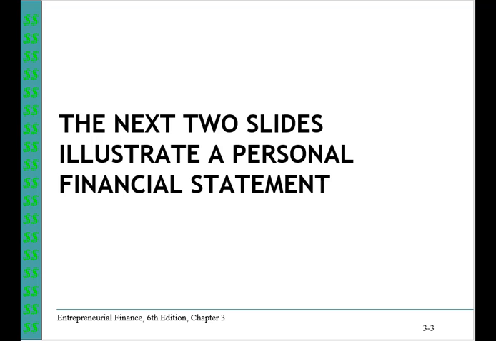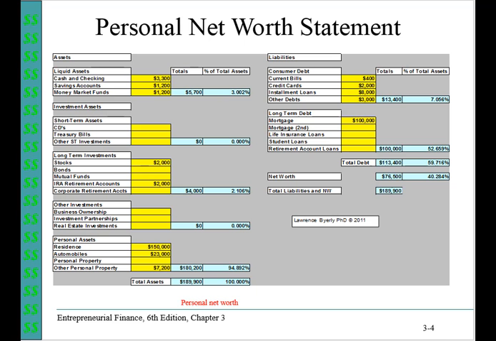So the next two slides are going to be an illustration of personal financial statements and how they work together. So the first statement is a statement of net worth. And essentially what we need to do is we need to categorize the assets of investors, of individuals. If you look at the asset side, there are some categories that we can divide